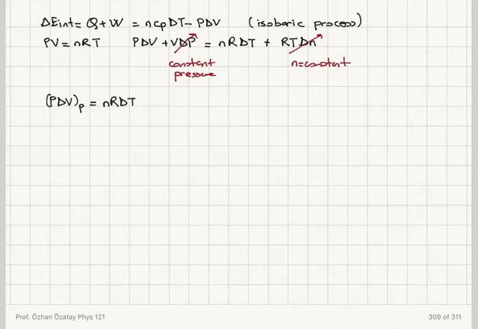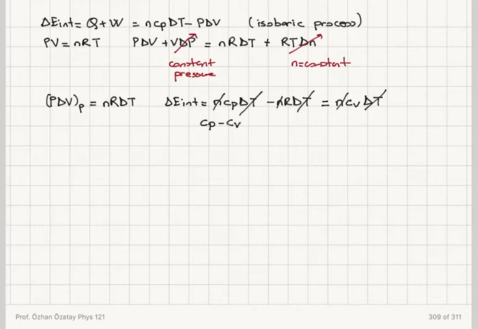nR delta T. So if I look at the change in the internal energy for this process, I will find that this is nCp delta T minus nR delta T. Now, if the same internal energy change is obtained with a constant volume process, this would be equal to nCv delta T. So this is for the isovolumetric process. And therefore I find that n disappears, delta T disappears,